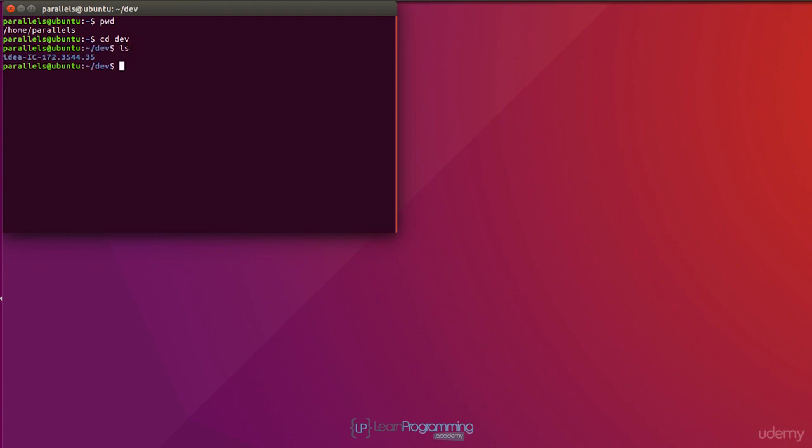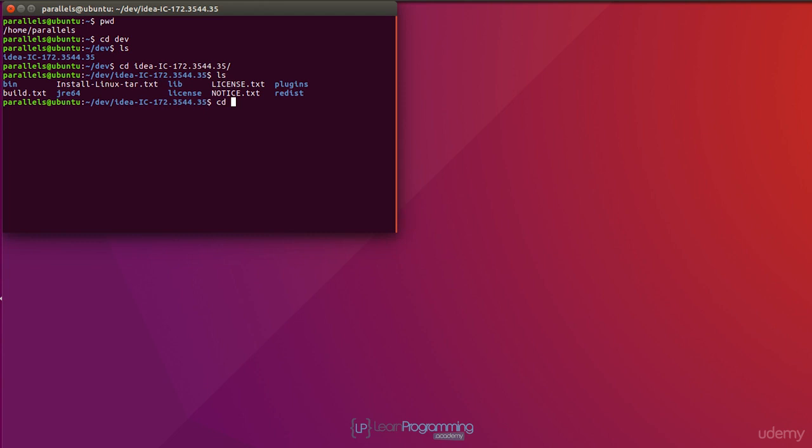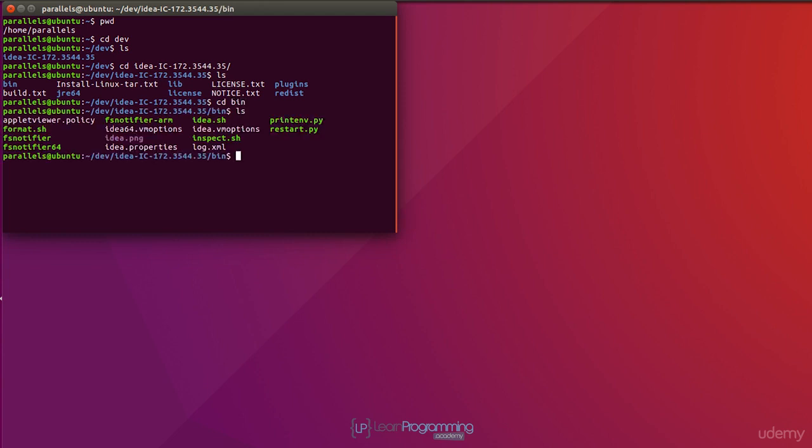And if we have a look there by typing ls, you can see that there's the installation of IDEA. So I'm just going to type cd space and then the folder name. Then I can go into the bin folder, so cd space bin. And have a look at that again, and you can see that there's various files there. The one we want to start is idea.sh. So I'm going to type ./idea